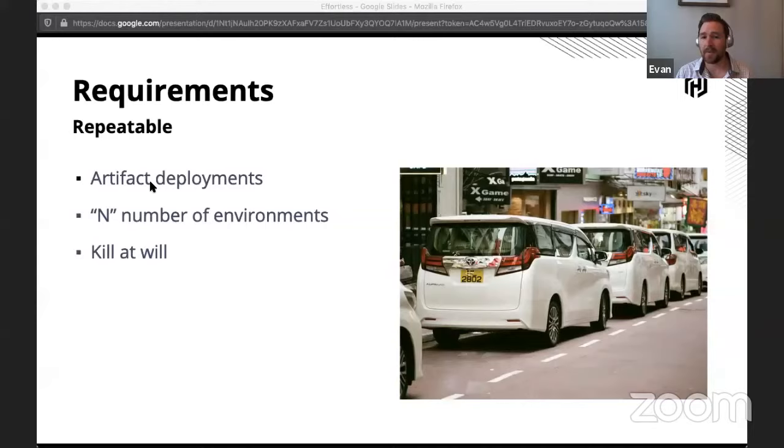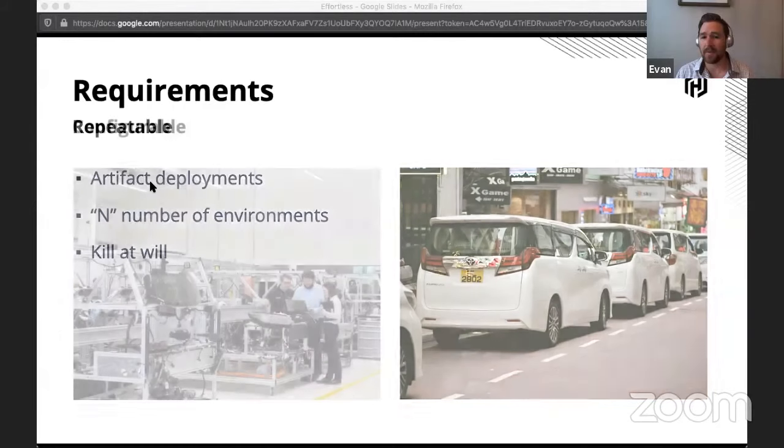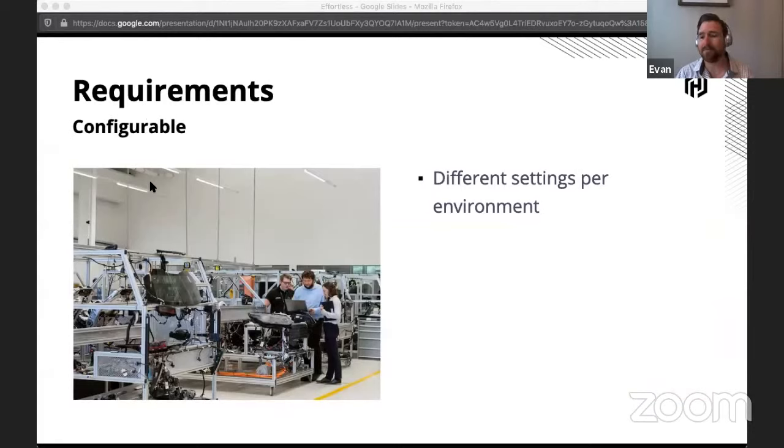So in terms of configurable, like most applications, we have different settings for each environment. So, different sets of API keys, a whole bunch of different configuration. And there may be more configuration in production versus dev or whatnot. So that's a concern. We also need to be able to do the configuration at runtime. So while I say we're doing AMI deployments, we kind of got to, well, how do we serve up that configuration when we start up that server? Because we can't obviously have dev settings in production or something like that.